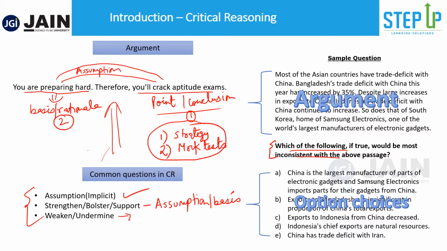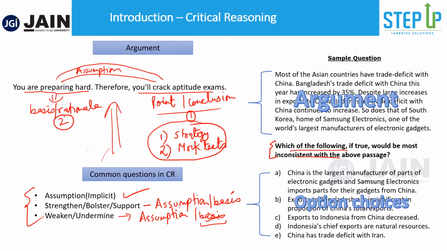If you were to undermine or weaken somebody's argument, you can again do the same thing. You can either attack the assumption, or you can give additional evidence or refute the evidence. So for example, no, I don't think you're working hard, while you lock the door and pretend that you're working hard, but maybe you're playing video games, maybe you're watching movies. So that would really undermine the evidence, right? So that is how you can attack the basis.